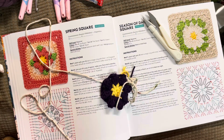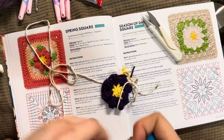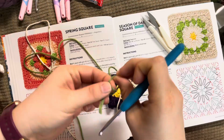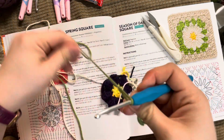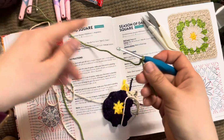So we're going to put that to the side for a second. We're going to come over and get our green, or whatever color you're using to make your leaf, because again, colors are subjective to what you want to do for your block, for your square. Then slip stitch on it, and we're doing a 4 double crochet